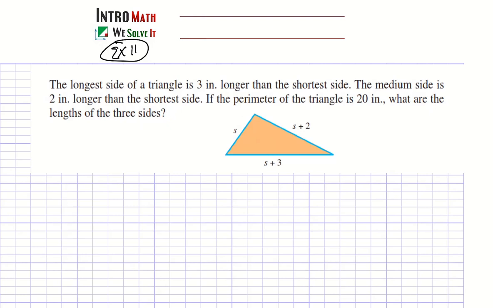The next problem says the longest side of a triangle is 2 inches longer than the shortest side. So there is a longest side and a shortest side, okay, because a triangle has 3 sides. The medium side is 2 inches longer than the shortest side. If the perimeter of the triangle is 20, what are the lengths of the triangle? Again,